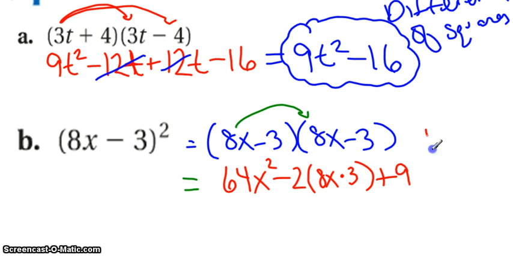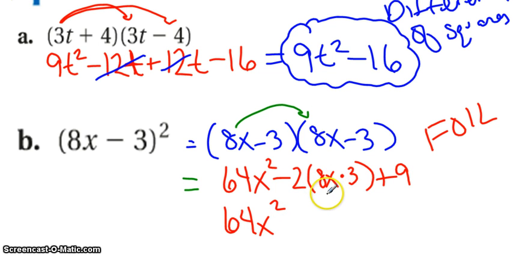Okay, or you can just do FOIL, the same thing. You're going to end up with the same thing. So you get 64x squared. 8 times 3 is